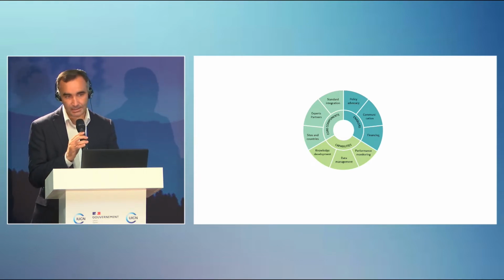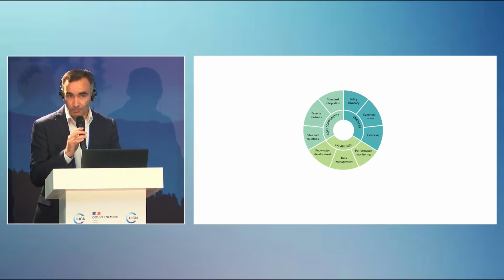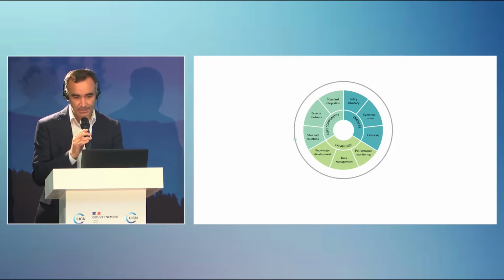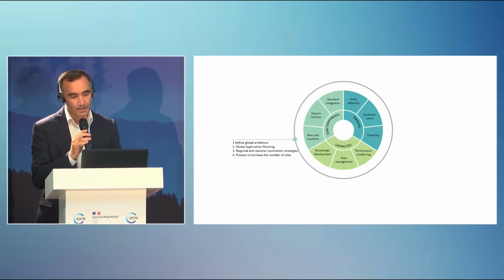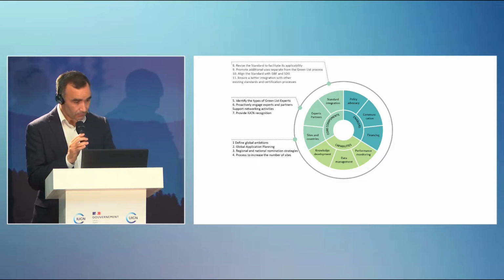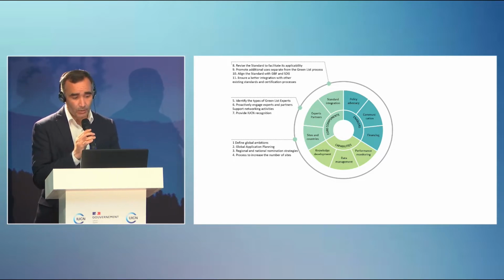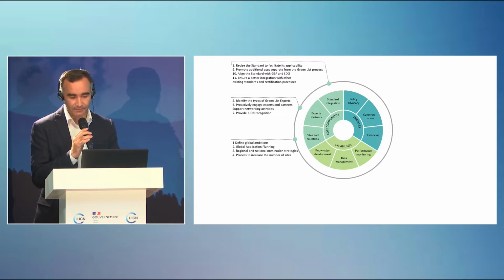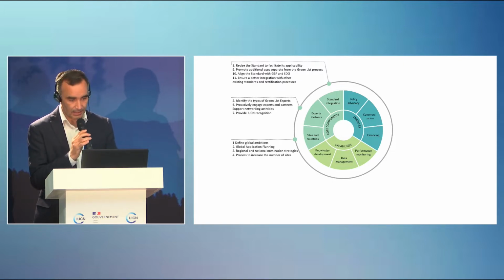Based on these nine strategic directions, we need to implement all of them in parallel. We have defined 33 activities, very concrete and operational, that you can see now in the figure. Just as an example, we had the description by Mark about the global ambitions that we are defining. We also need to define some local, national, and regional strategies to develop a Green List in every country that we